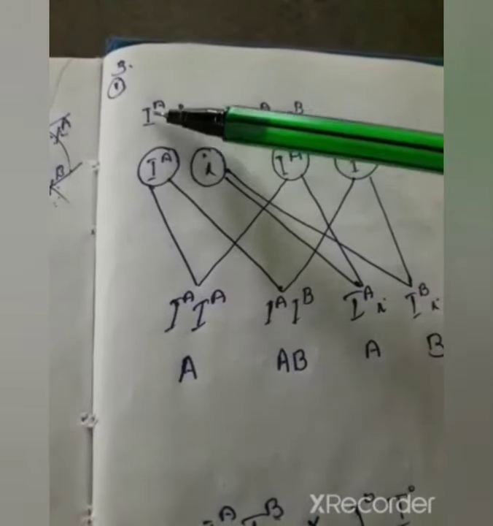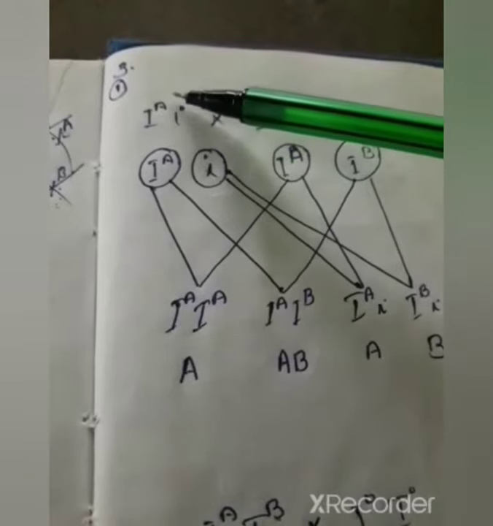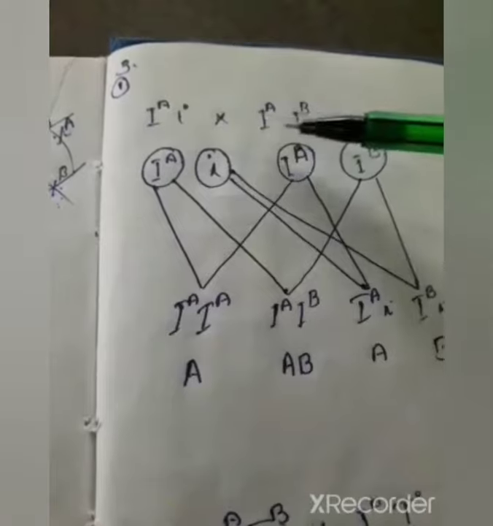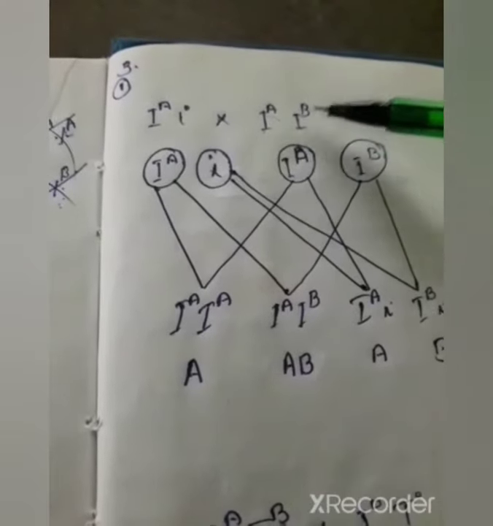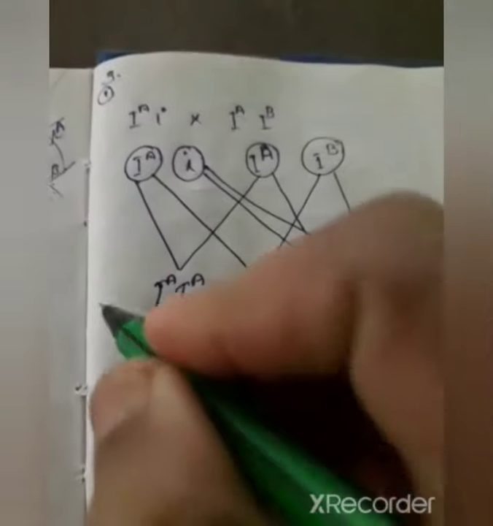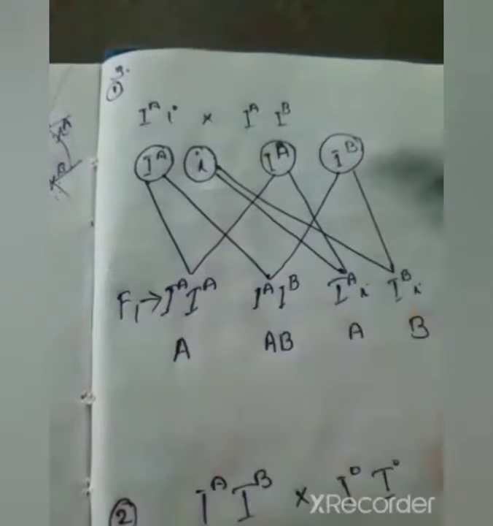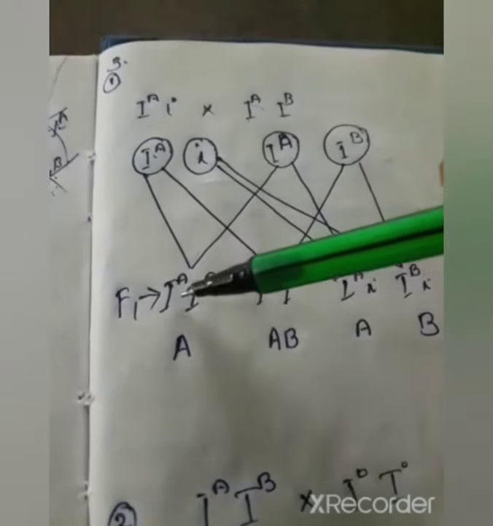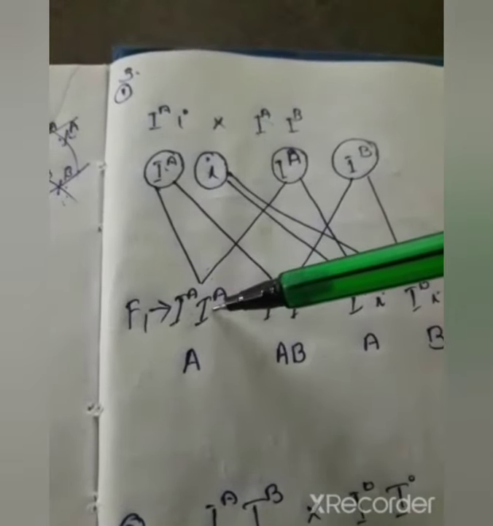According to this law, these alleles segregate to form gametes: IA or I on this side, IA and IB on this side. Then forming the F1 generation. This IA crossed with IA is the homozygous IA condition. This is read as A group.